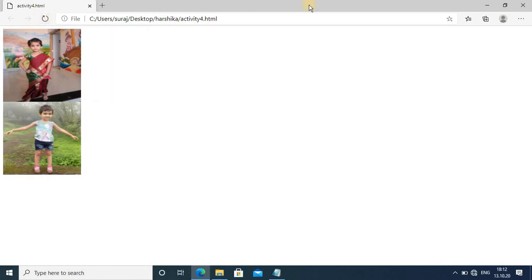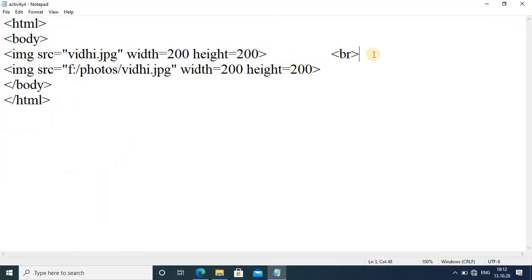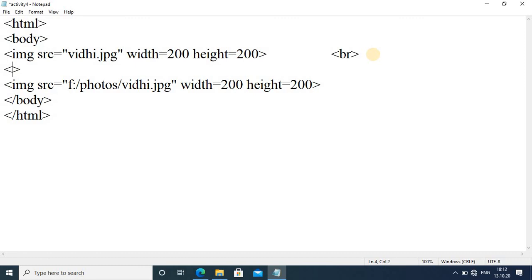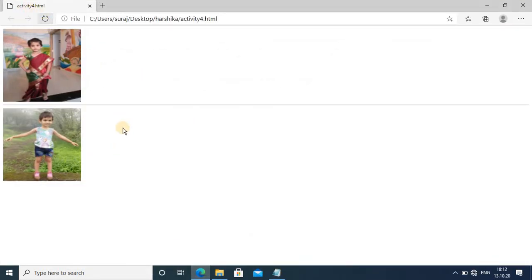You can even add an HR tag, you can use different tags. So one line will be added in between the two pictures. See here between the two pictures this line is added. Like this way you can use it.